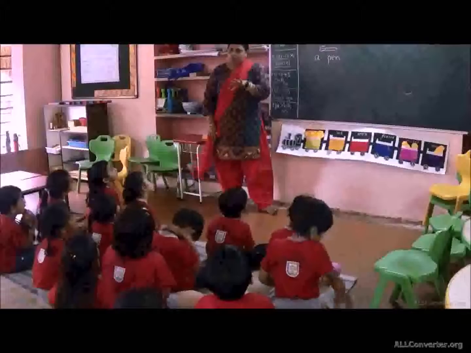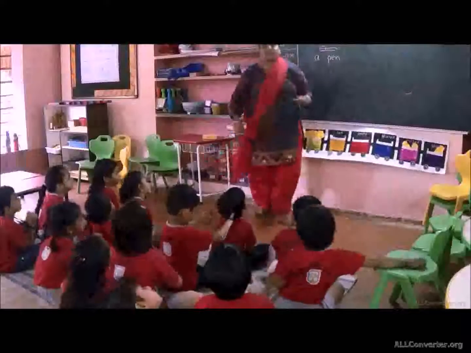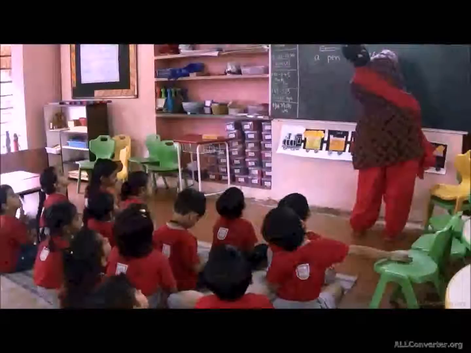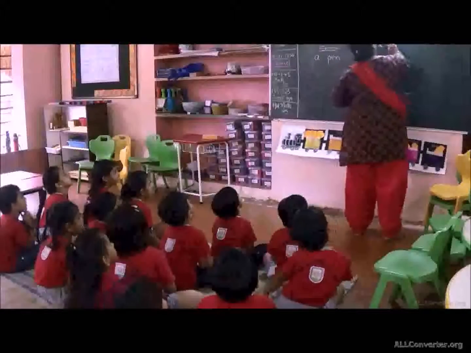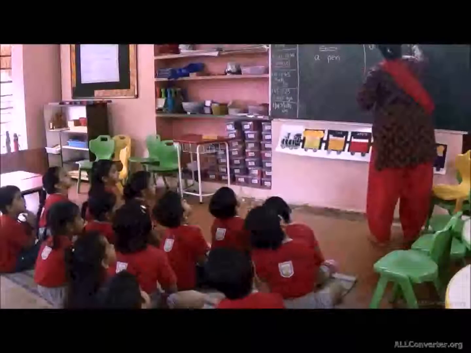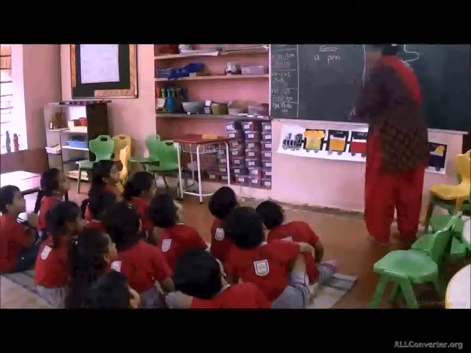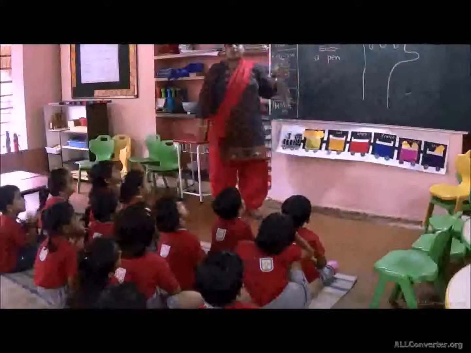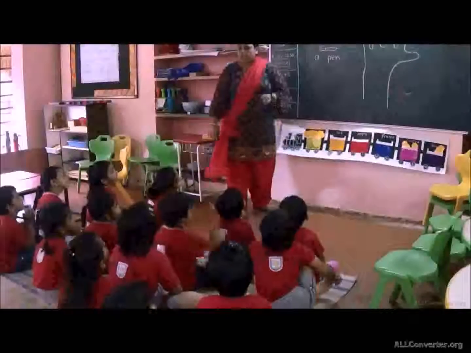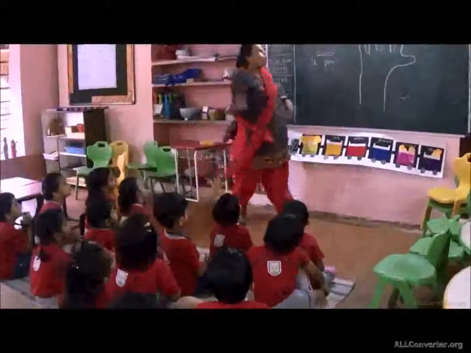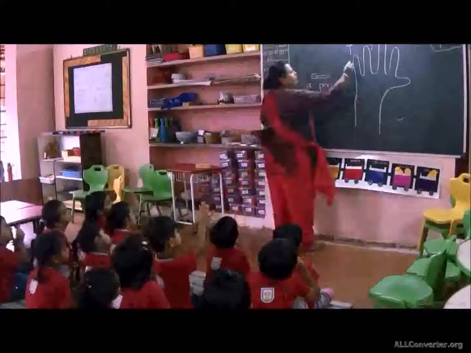Should I show you where you have to use a and where you have to use an? Okay, let us see what I am going to draw. What have I drawn here? Hand. You know the alphabets, A, B, C, D, yes or no? From those I have taken 5 letters, so I am writing the sounds here.